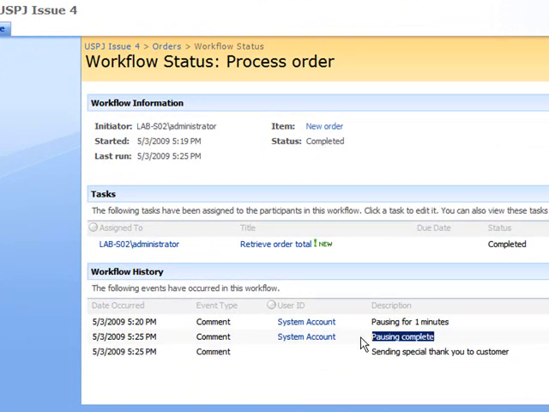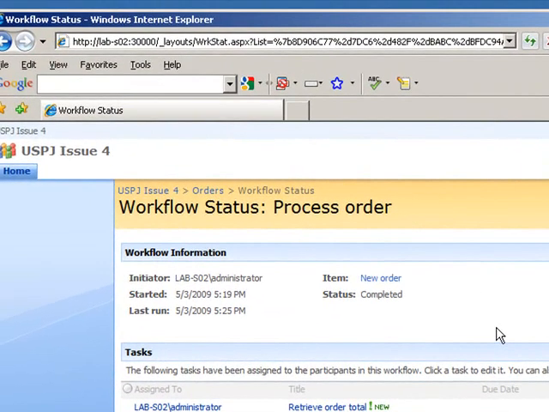It says pausing complete. And now you can see that the next task here is actually to send an email to the customer, and it's sending a special thank you to the customer because the order is between $5,000 and $10,000. So if the order had been smaller, it would have sent just the receipt email, and if it was bigger than 10,000, it would send a message to the key account manager to actually handle that order. So this is the order that you'll be creating throughout Understanding SharePoint Journal number 4,